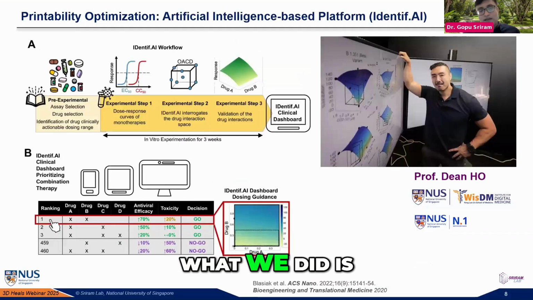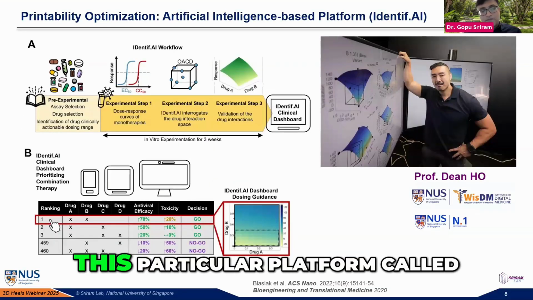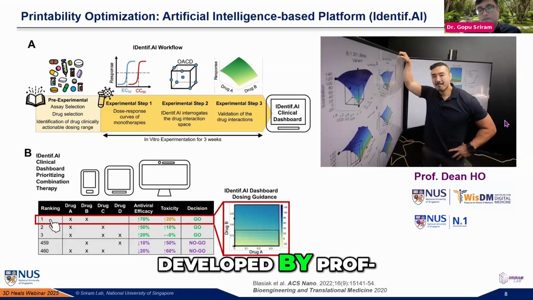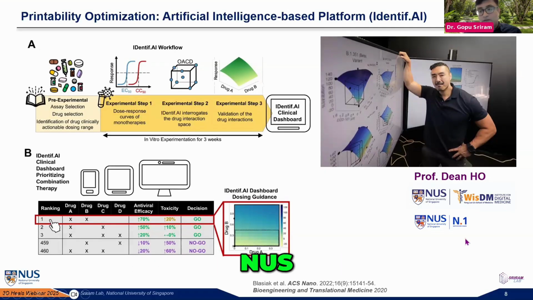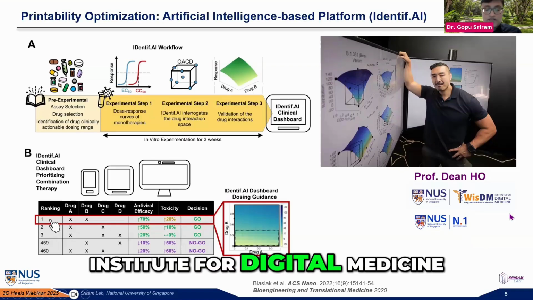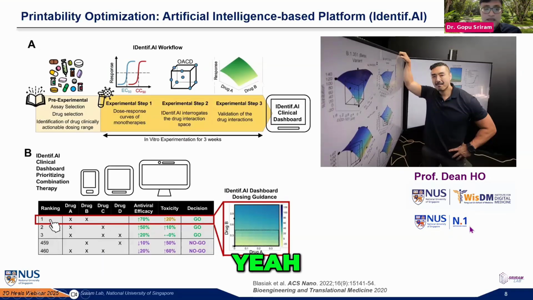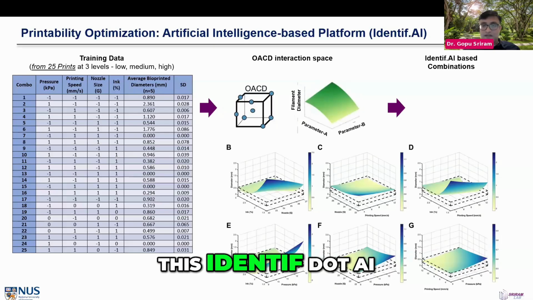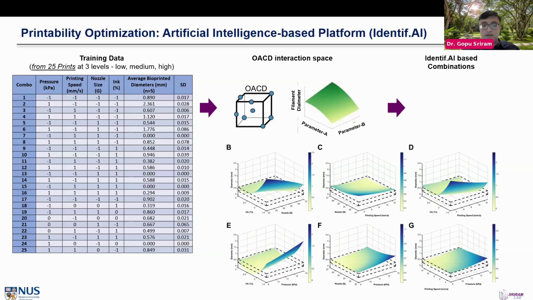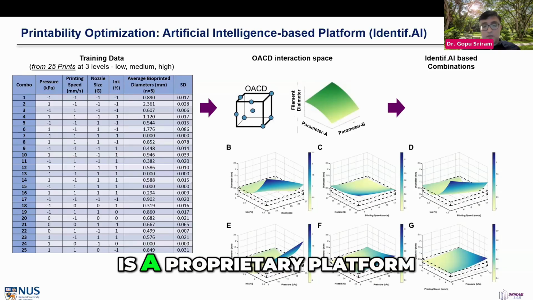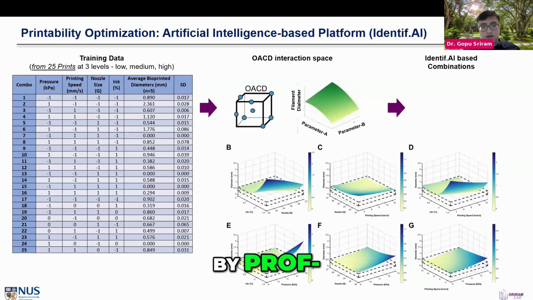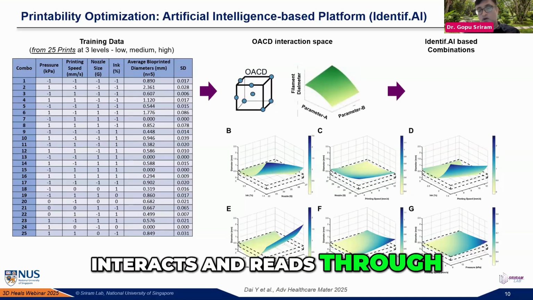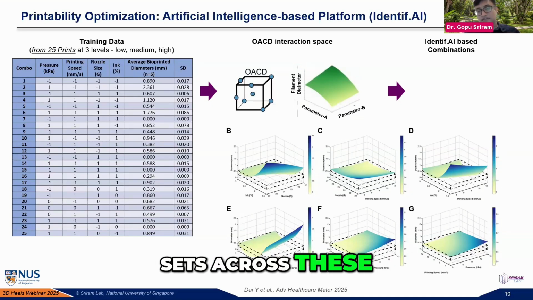So that's where we embarked on this particular platform called Identif.AI, which is a workflow developed by Prof. Dean Ho from the NUS Institute for Digital Medicine, and N.1, meaning N equal to 1, right? So this Identif.AI, or Identify, is a proprietary platform developed by Prof. Dean Ho. It interacts and reads through all these different data sets across these six